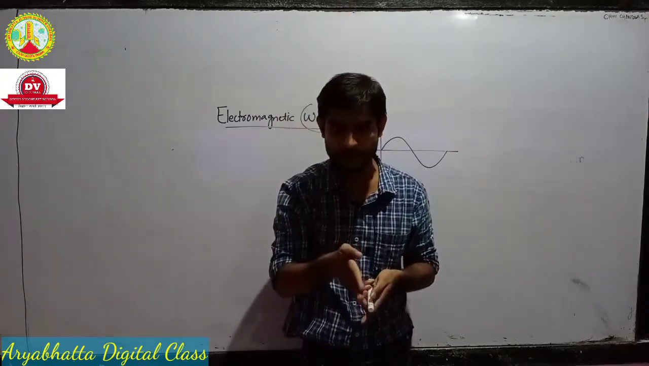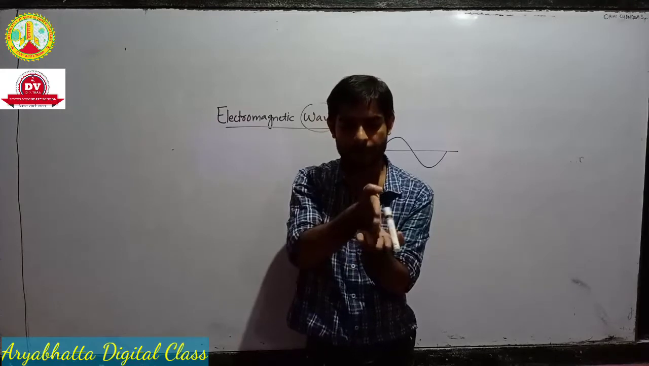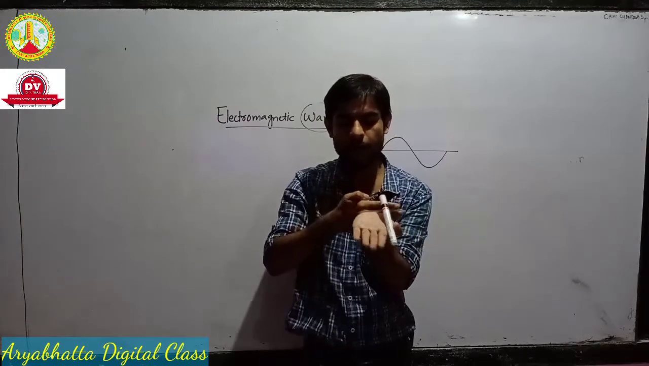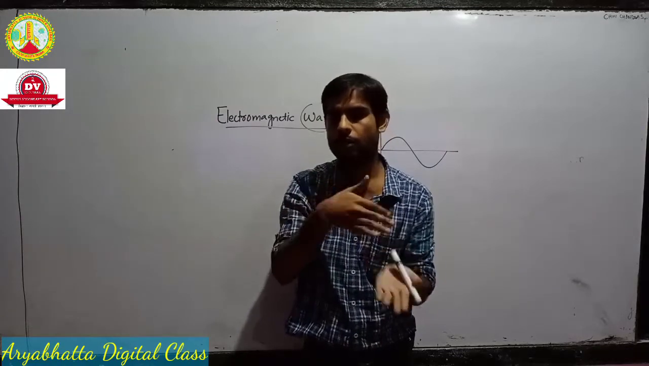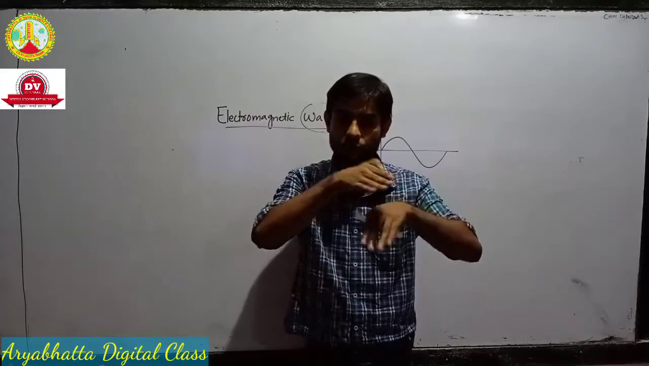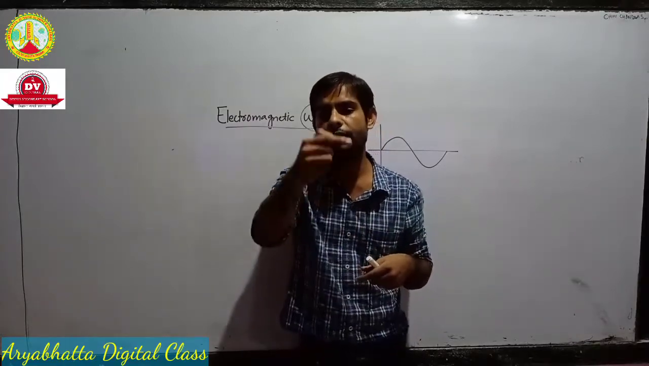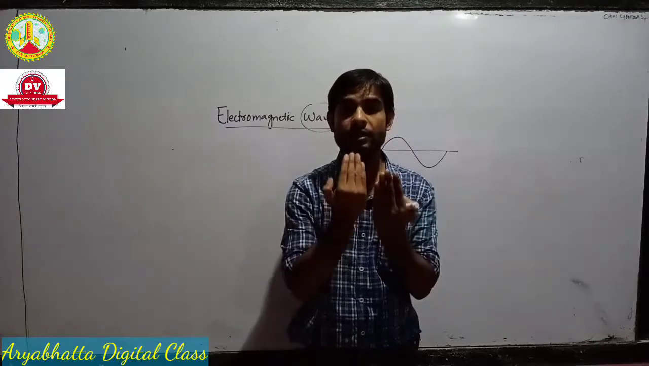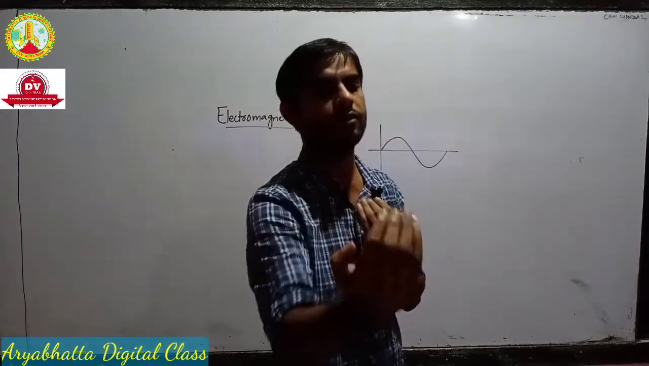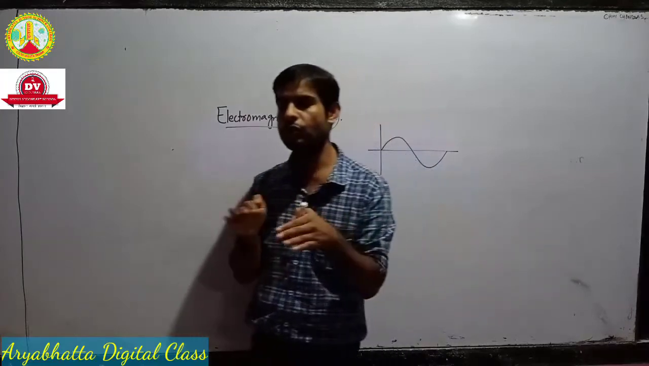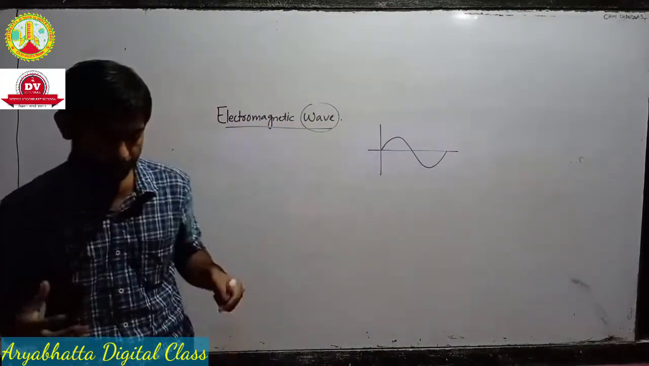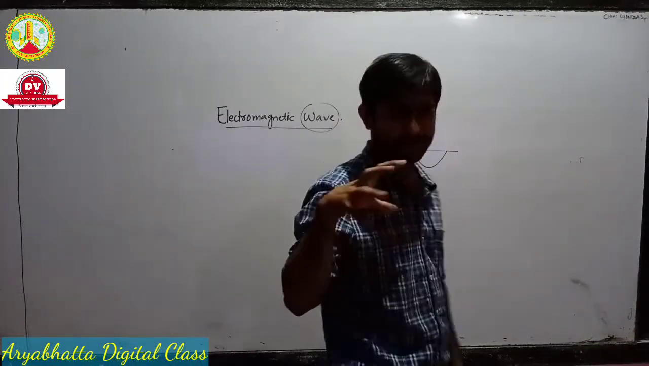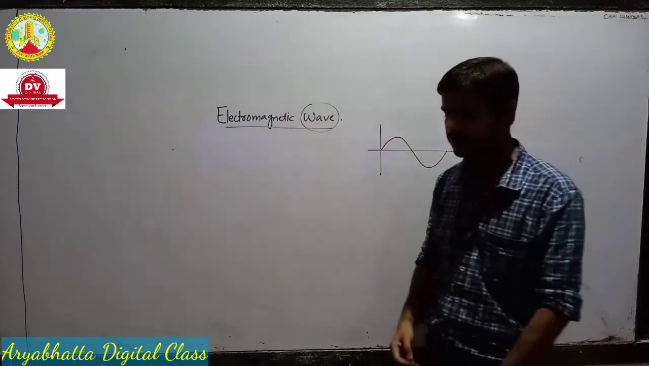Three planes are perpendicular to each other: another plane perpendicular to each other, and the third plane is again perpendicular to the rest of the two. So in one plane there will be the electric field, in another plane there will be the magnetic field, and in the third plane the wave will travel. That means three planes are mutually perpendicular to each other. Okay, so this is an idea about electromagnetic wave, but